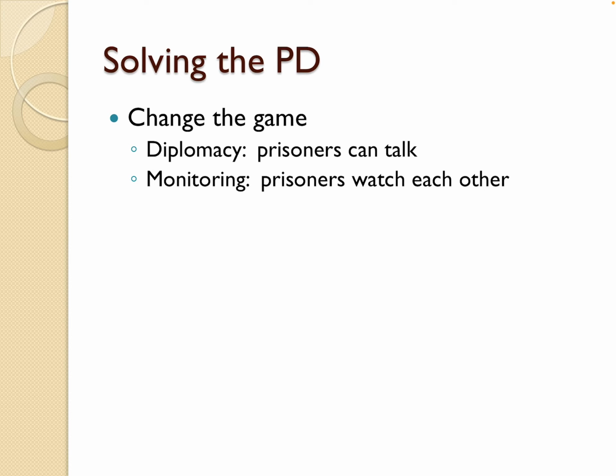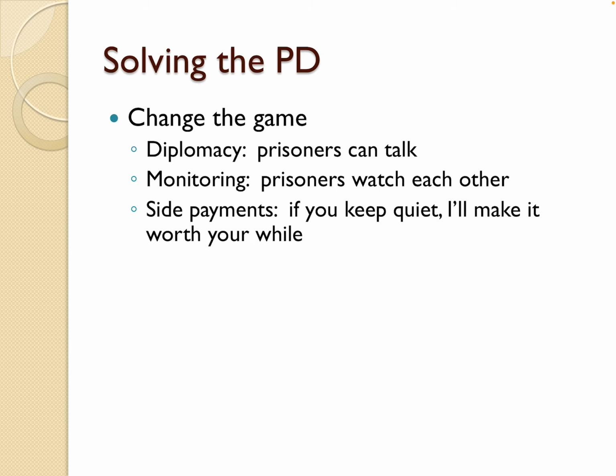Another thing you could do is you could imagine that one of the prisoners is a millionaire and the other prisoner is flat broke. And so the one prisoner says, look, if you cooperate, I'll give you something. I'll give you $10,000 if you cooperate. These are what we call side payments, where essentially if you keep quiet, I'll make it worth your while. You incentivize them, you change the numbers that they have. While they're still going to jail for a while, maybe a little more money might make it less likely that they'll decide cheating is a realistic possibility.